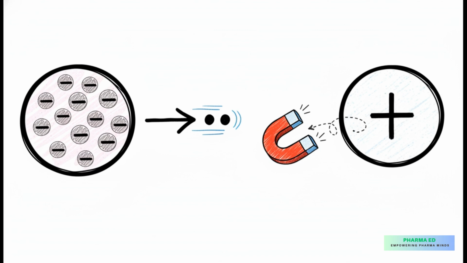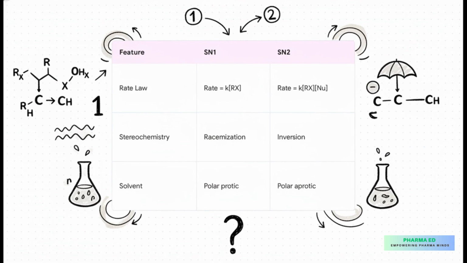And on the other side, you have the electrophile, the electron-loving species. They're electron-poor, they're looking for electrons. And basically the whole reaction is just a story of the electron-rich nucleophile attacking the electron-poor electrophile. That's it! Now, this table right here, this is a very, very important topic for GPAT, so please pay close